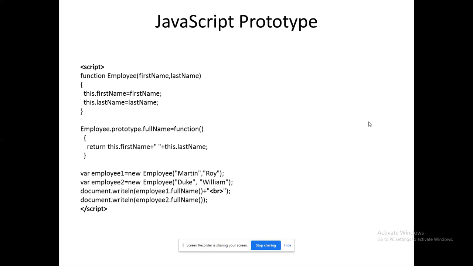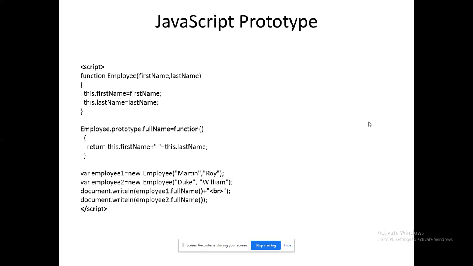That's it. What it needs to do, I am going to write in the logic. Using the return keyword, I refer to return this dot first name concatenated with this dot last name along with a space. Okay, so if I supply Martin and Roy, it will give employee Martin and Roy. First name and last name are initialized using this keyword, and through prototype we will call that function, combine and display that, right? A useful concept that we will see in terms of abstraction also at a later stage.